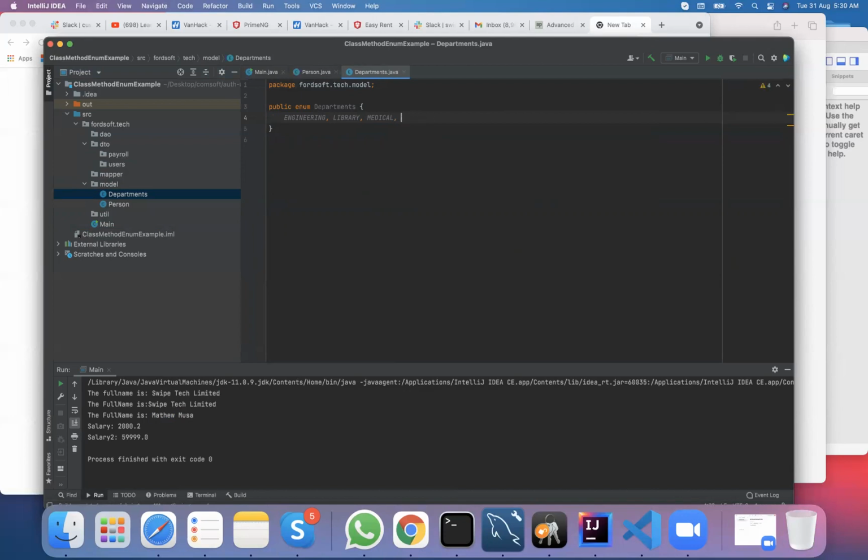Let's give it a good department, and we can find another name to give to this department. Let's say marketing. If you look at this, this is the Enum, and the Enum can equally have a constructor,